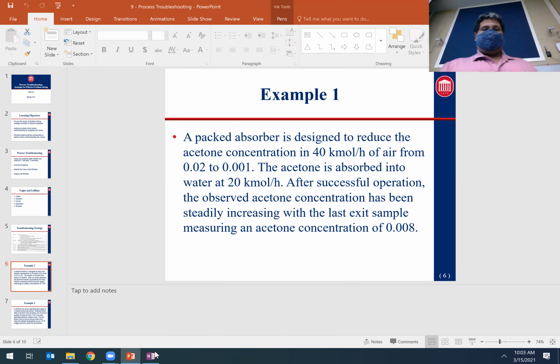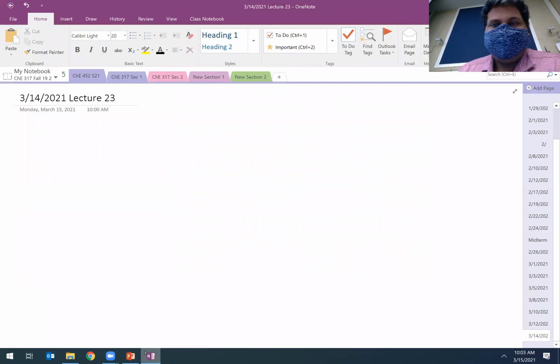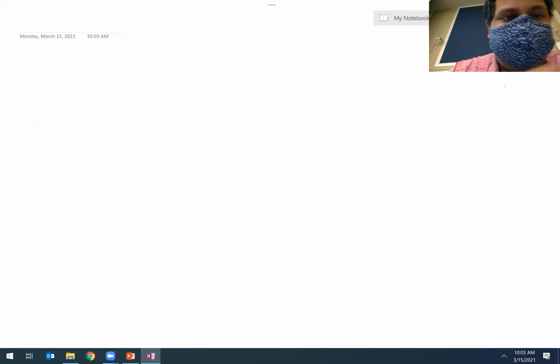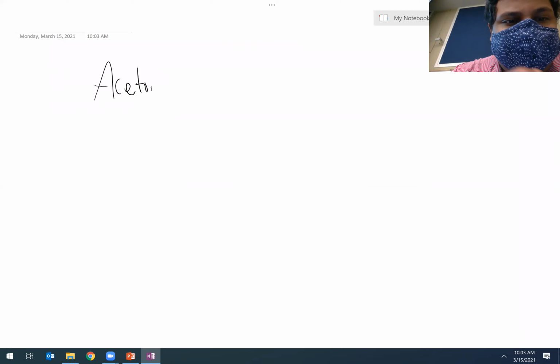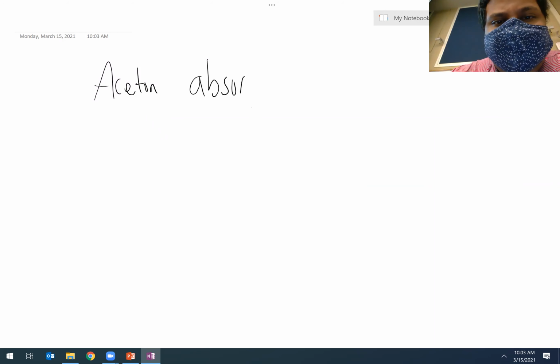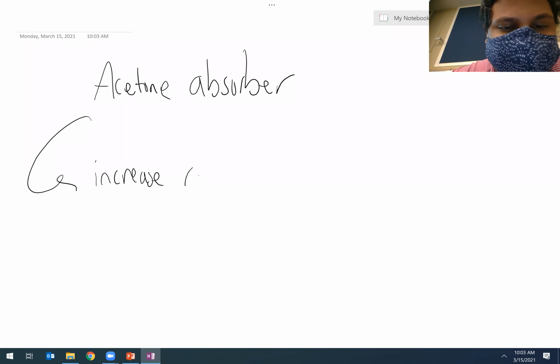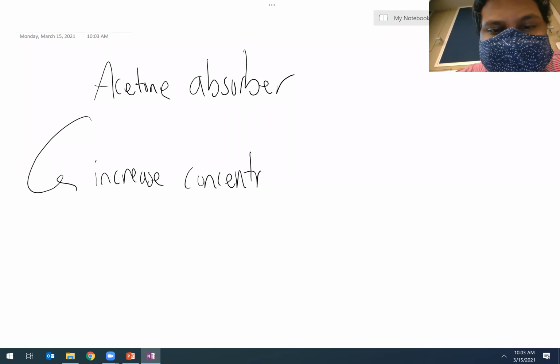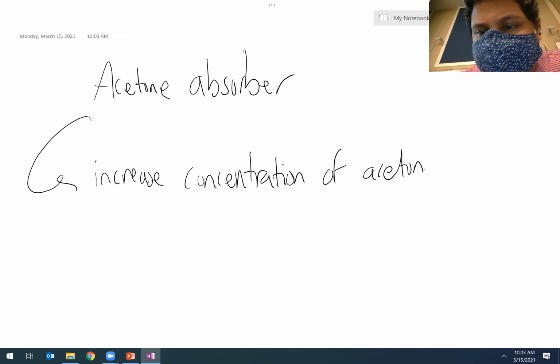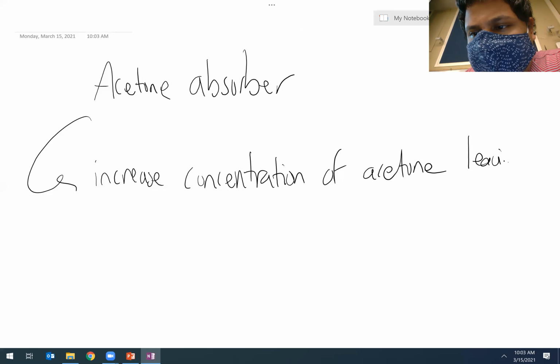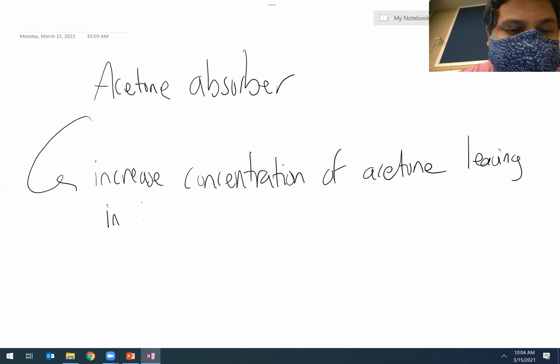Just a quick recap, looking at the acetone absorber, where we see increasing concentration of acetone leaving in the air outlet,